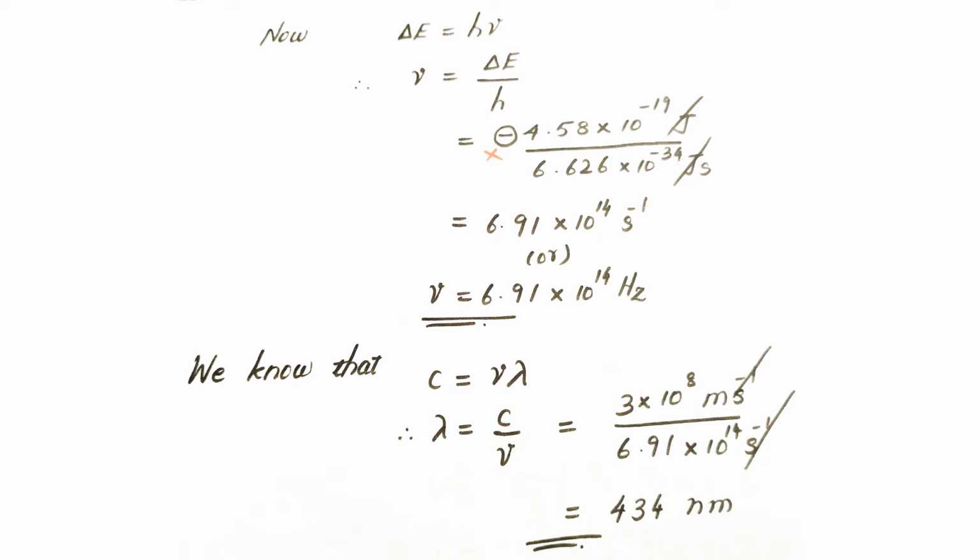Now coming to the wavelength part, let us do the calculation. As you know, c equal to nu lambda. You need to calculate the value of lambda. So take it to the left hand side and bring the other things to the right hand side. Substitute everything and see, in the denominator, instead of taking hertz as the unit, I have taken second inverse, so that I can have common terms in the numerator and denominator so that they get cancelled. So your final answer after solving this is 434 nanometer. Clear?